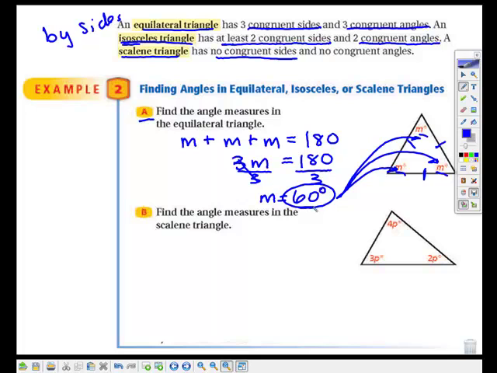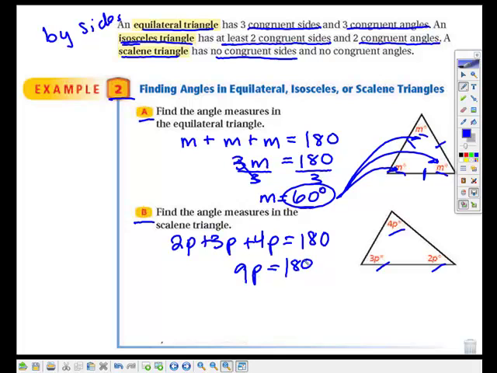If we drop down to example 2b, it says find the measure of the angles in the scalene triangle. It's scalene because none of the sides are the same length. The angles are labeled here 2p, 3p, and 4p. What do we know about 2p, 3p, and 4p? We know that if we add them together, they should add up to 180. And if you add them up, 2p plus 3p is 5p, 5p plus 4p ends up being 9p. So 9p equals 180, which if we divide by 9 on both sides,